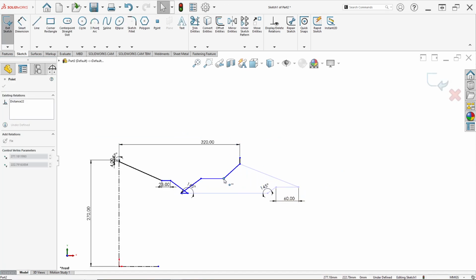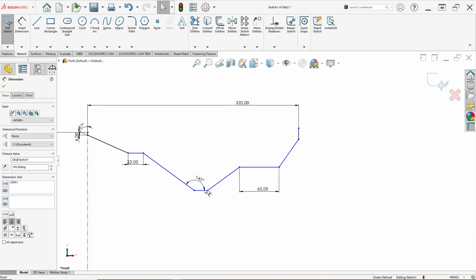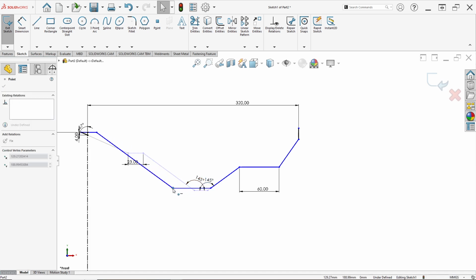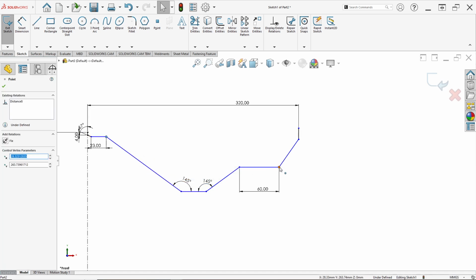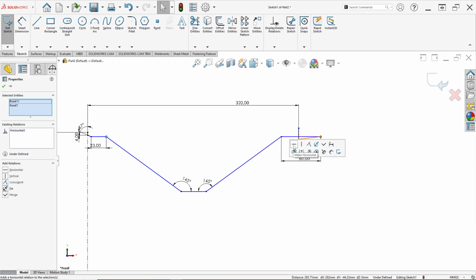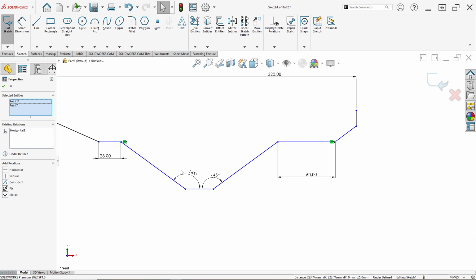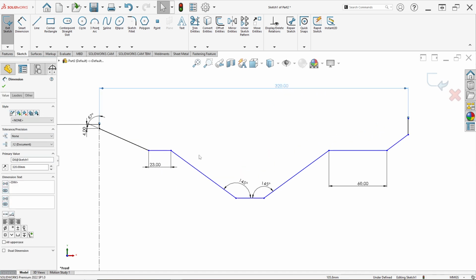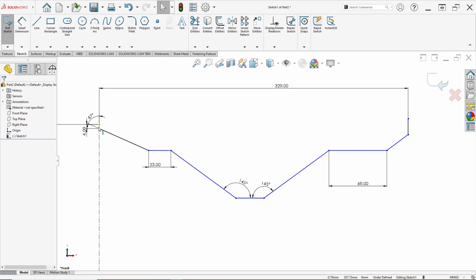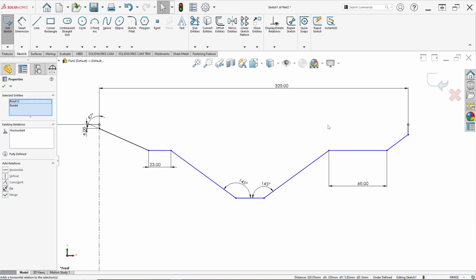Sorry, like this we can draw. We can draw the line like this. Ensure this point and this point, click make horizontal, like this. Draw like this. Then for this point and this point click make horizontal too.